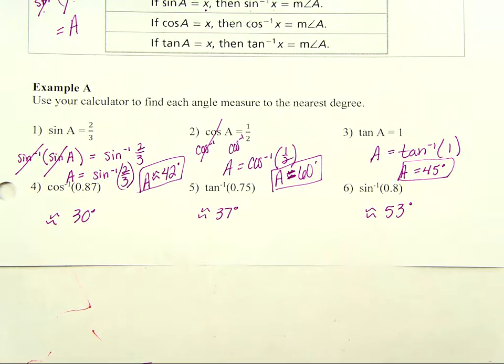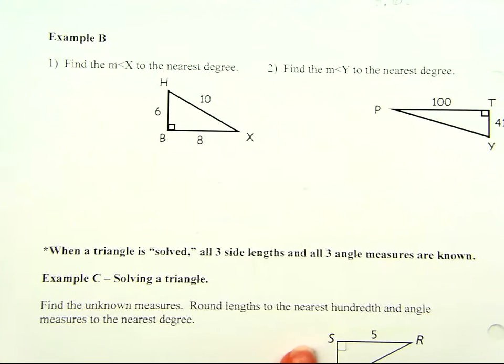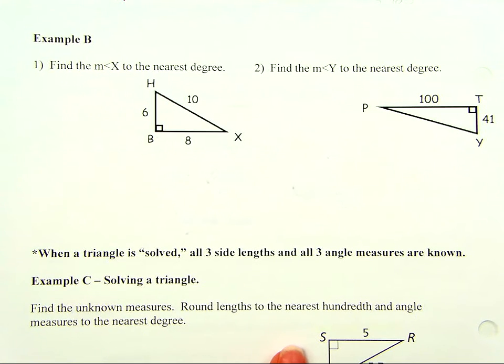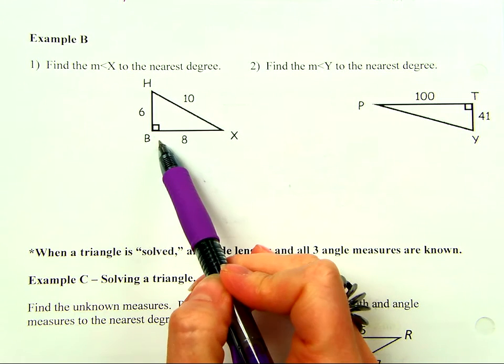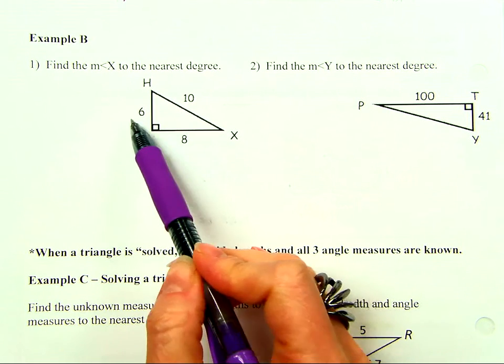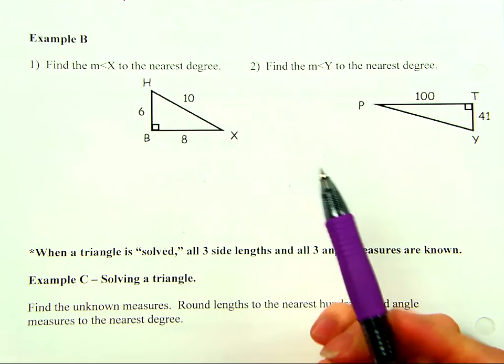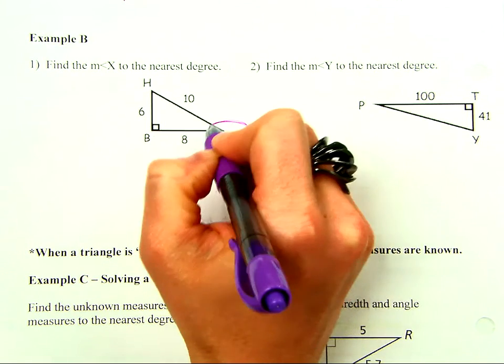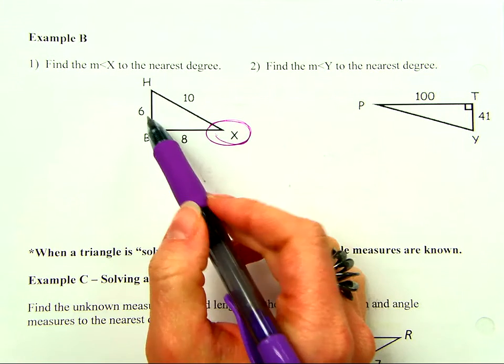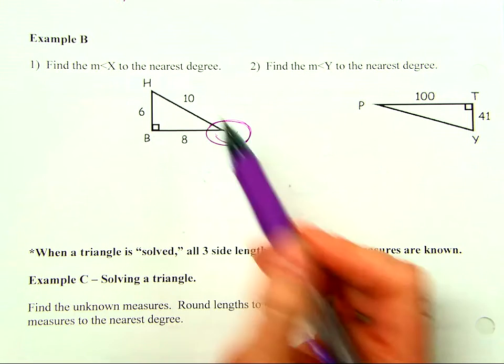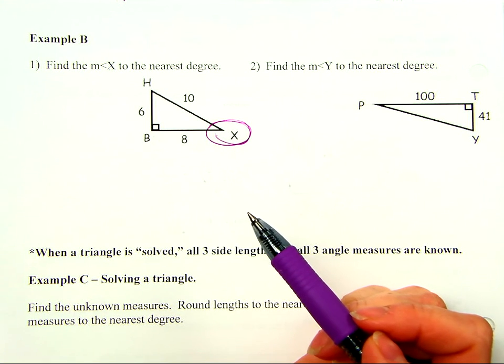All right, so let's take a look at setting up and doing some solving. In example B, they are asking me to find the measure of x. Now again, we need to have a right triangle, and I have a 6, 8, 10 Pythagorean triple. I'm wanting to know this angle measure. In this instance, I have all 3 side lengths, and so really I could make use of any of the